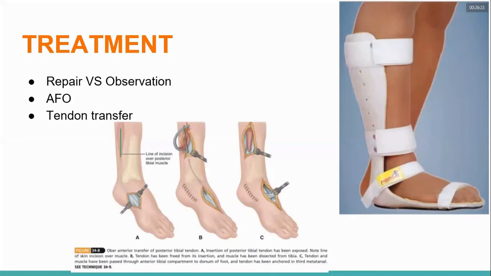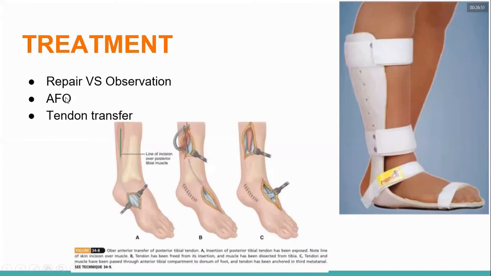So in these cases, what do you have to do? You have to observe, at least for 6 weeks to 3 months. You have to give the nerve time to recover on its own. Usually neuropraxia and axonotmesis will recover. Sometimes you might have a laceration injury in cases of the tibial nerve or the sciatic nerve as well. In those cases you have to do a repair.